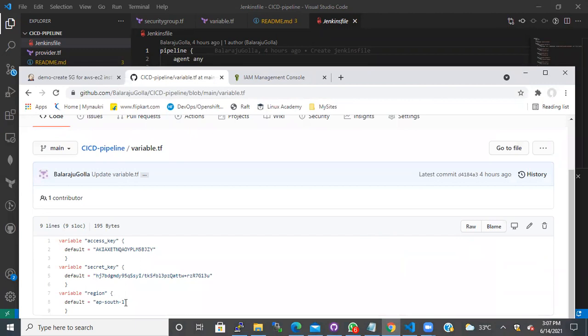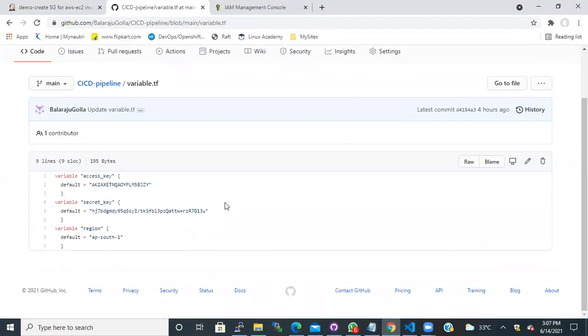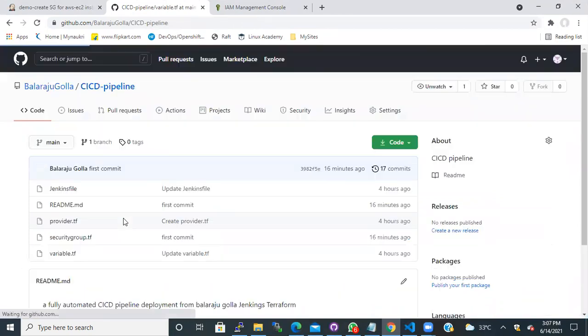AP South 1, AP South 1, AP South 1, I gave correct only. And then security groups.